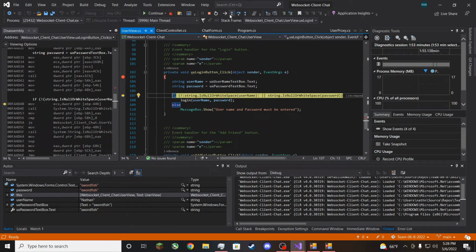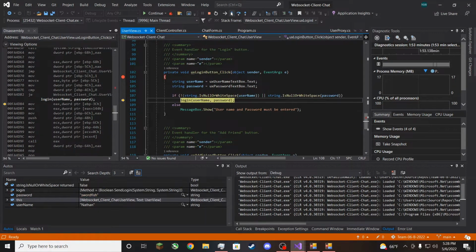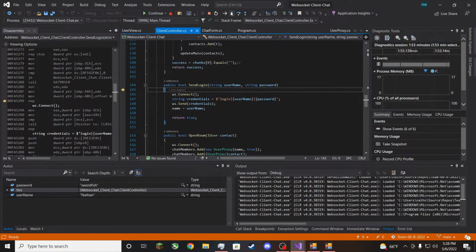Then it checks to see if the strings for both username and password are either null or contain white space, and if they do, then it bypasses it and shows a MessageBox.Show to the user that the username and password must be entered. From there, on a successful login, it validates the login through a delegate, which ties into